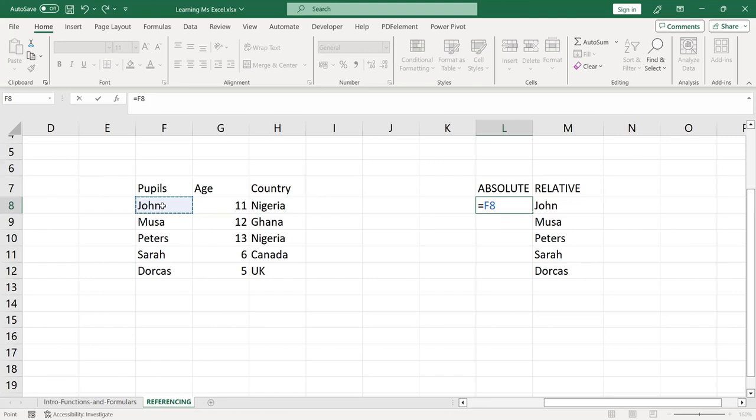Absolute means it should not change. It should remain constant. It is locked. So this word, not changing, constant, locked to that particular cell, regardless of how I copy and paste the content of that place, it will always remain the same. Let's see what I mean now. But to make something absolutely referenced,